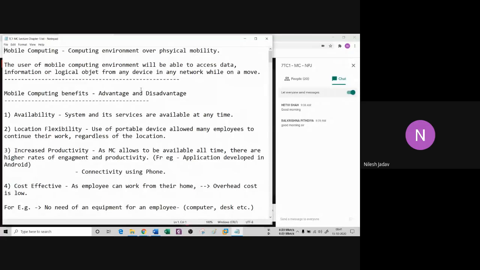So can anyone tell me a precise manner of this mobile computing definition? How can you explain it, what are the keywords by which you can define mobile computing? Anyone in the class who can define this? You can write at least 2 or 3 lines.